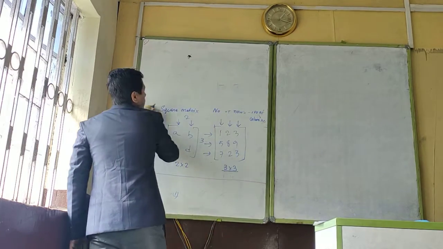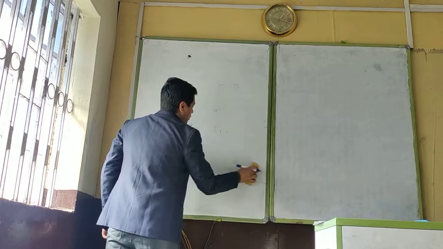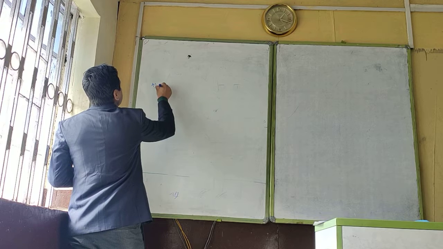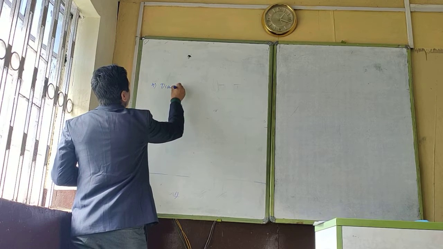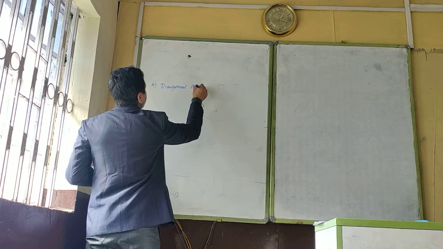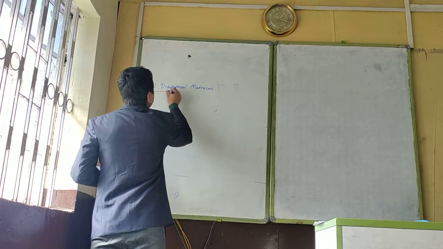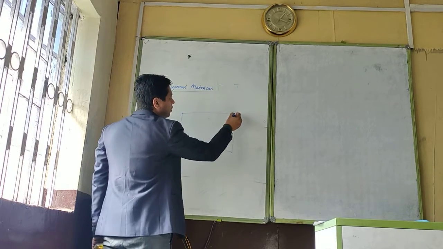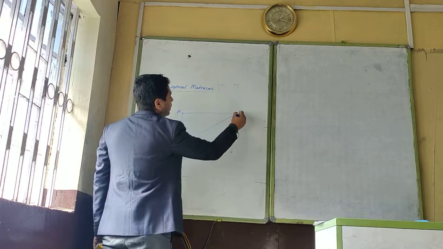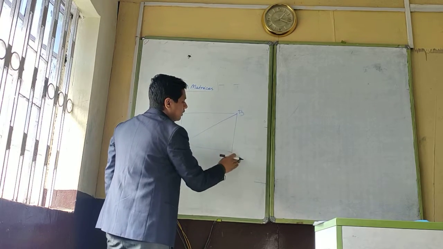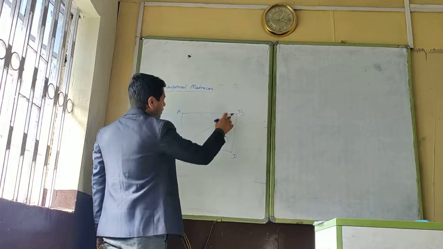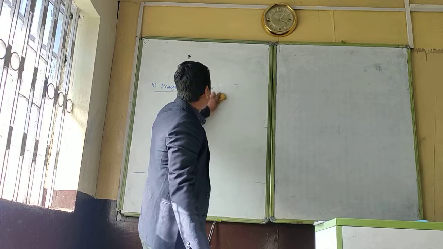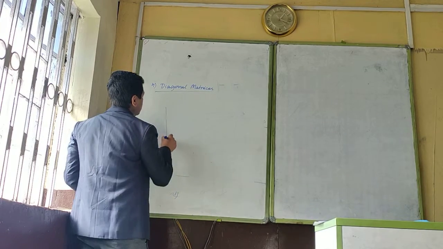Now, just an extension of the square matrix, we have the fourth type, that is diagonal matrix or diagonal matrices. You know what a diagonal is? Whenever there is a rectangular figure or a square, if this is A, B, C and D, then B, C becomes the diagonal. In the same way, when in a matrix, let's take one example.